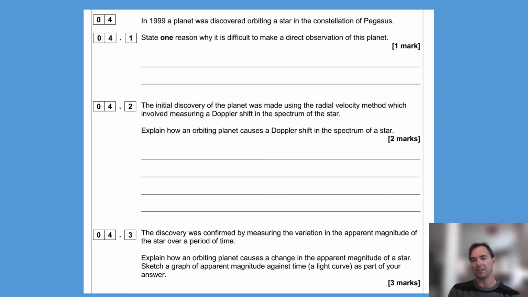With binary star systems, you are actually measuring the recession velocity and the approach velocity of a binary system. So just be wary of those two methods. The Doppler system is used for both, whereas in a binary system you can actually detect radii because that's the actual velocity of that star receding. But this question here is purely about planets. So it's just asking about those two methods. Okay,